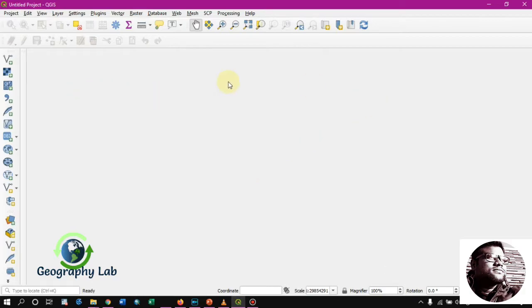Before adding the raster and the vector data, generally we have to build a project and save the project initially, otherwise it may be gone or hang, because it is free, open source software.